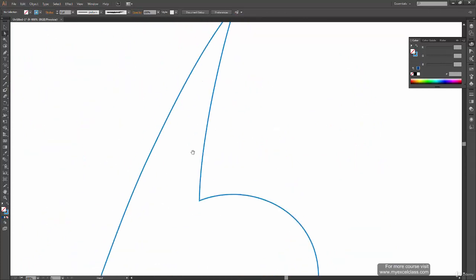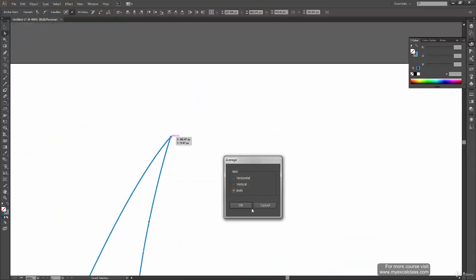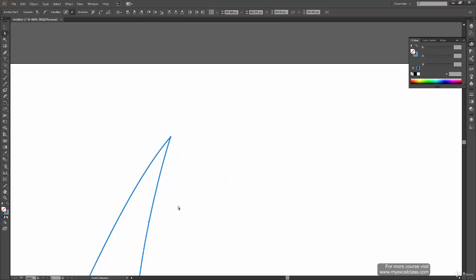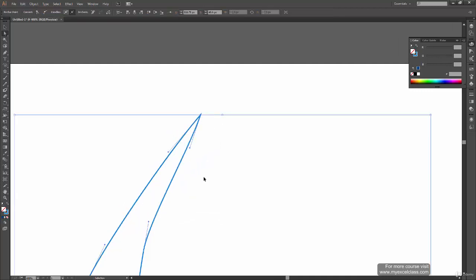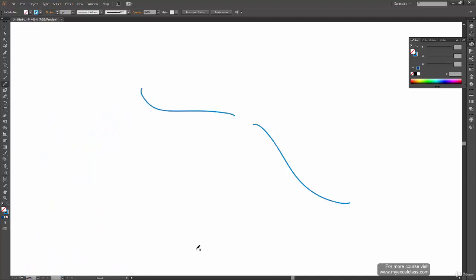Let's close it from the other side also. Select these two anchor points, click on average and click OK to have them at a single point, and click join. Okay, so now we have this closed path. Now let's see a separate example of how this average option works. Let's say I have these two paths over here, and we have these anchor points at both ends.